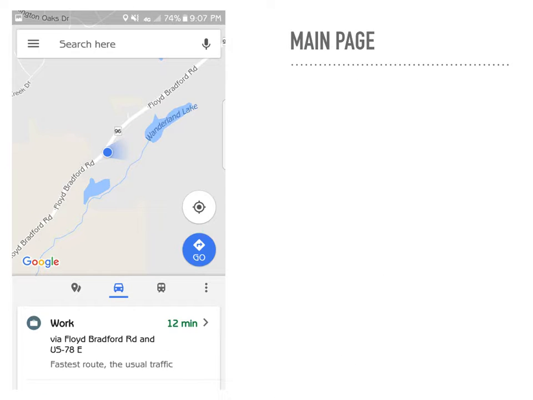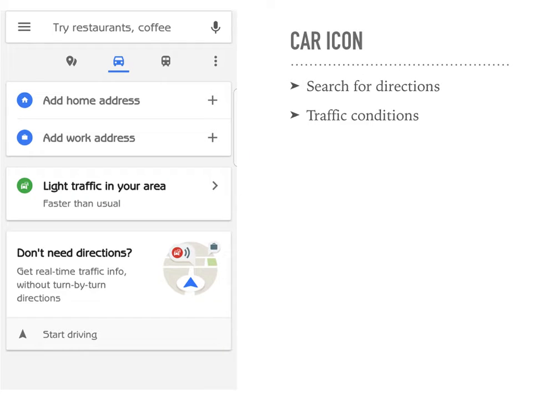Alright, going back to the main page, we're going to go to the next icon beside that, which is the vehicle icon or the car icon. When you click that one, it brings up a menu where you can search for directions. You can enter your home address, your work address, you can see the traffic conditions in your area, and if you don't need directions, you can just click start driving and that'll give you real-time traffic info as you're driving